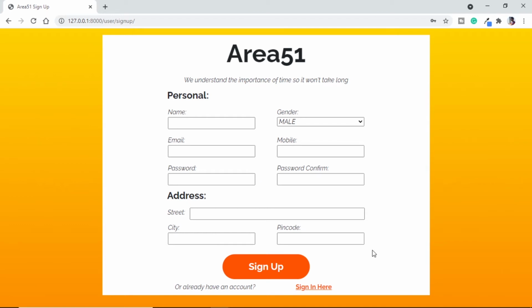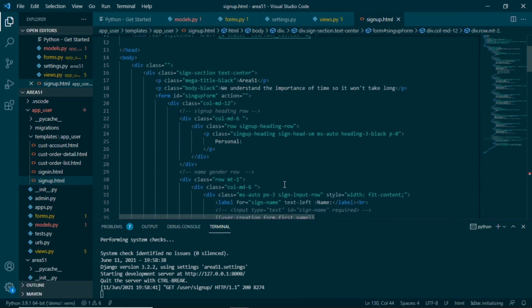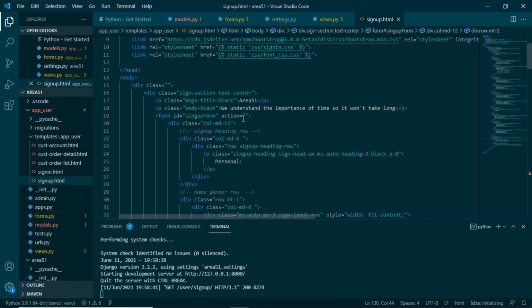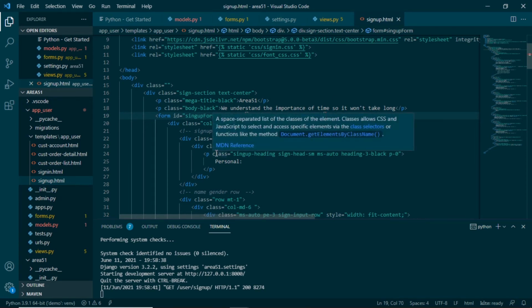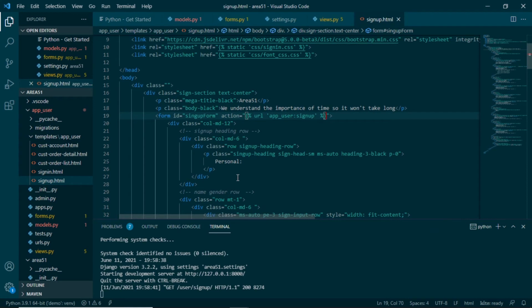Now let's configure what will happen when we press sign up. For that, first we will go to our HTML page. Here we will go to the top where we have defined the form. Here it is. We will provide action. Action is where we want to redirect our user to. So we will keep the user on sign up. Why I am using sign up here is, if we are getting any errors, we will get to see them on the sign up page itself. If we redirect the user directly from this form to some other page, we will not get to see if there are any errors or if the form has been submitted successfully.